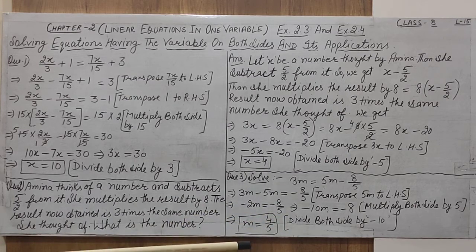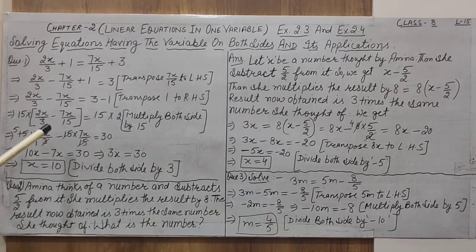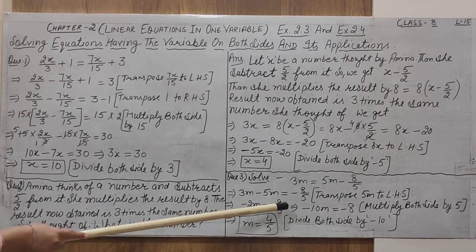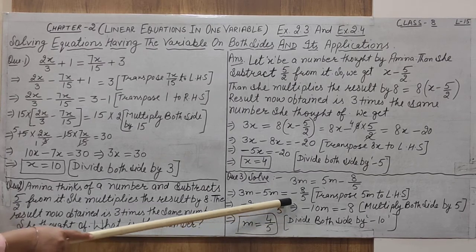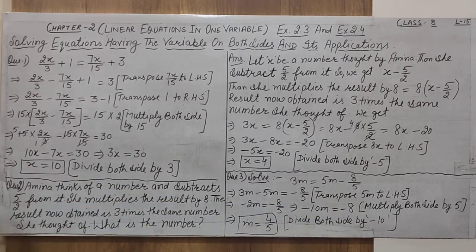Now next we have to remove this 5 from the denominator. As I told you, in this case you have to remove the denominators from any term, either in the left hand side or in the right hand side. You have to remove all the denominators. Similarly, here 5 is in the denominator of 8. We have to remove this from the right hand side. Division is removed only with multiplication. So we have to multiply both sides by 5.